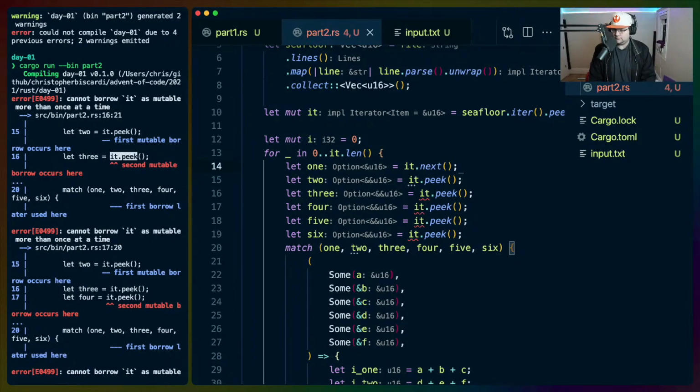That feels weird. So we have a mutable borrow of the iterator because we need to call next.